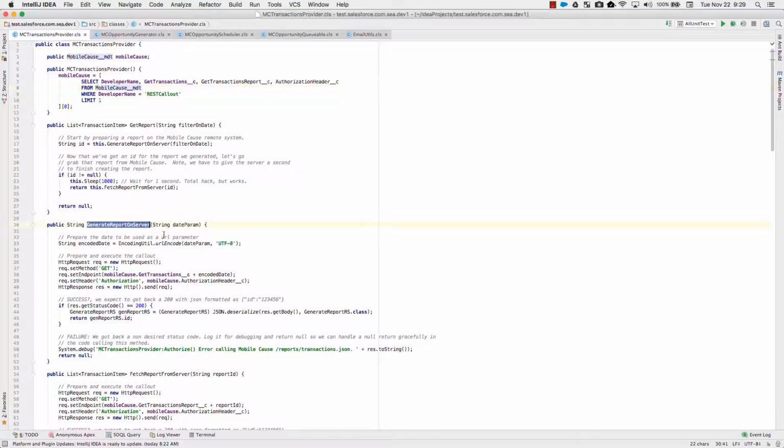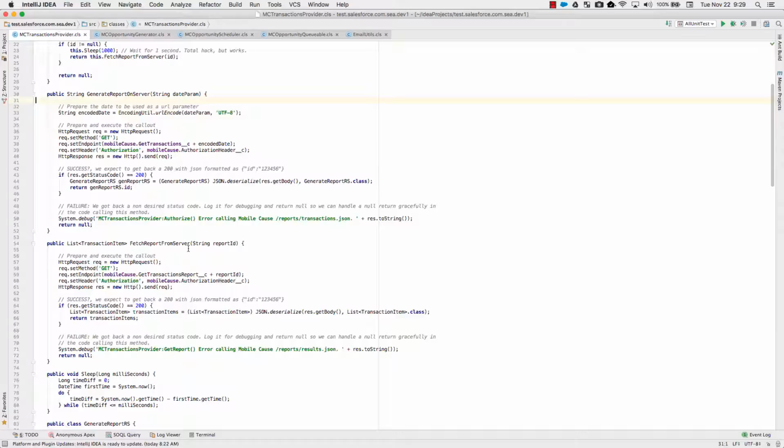The first one is the generate report on server callout. The way this API works is that you have to actually specify that you want to get the transactions. It'll return you an ID. Then you have to actually go and get the transactions with that ID. So it's kind of a two-part process. The first thing we do is generate the report on the server with a date parameter. And the next thing that we need to do is fetch the report from the server using the report ID